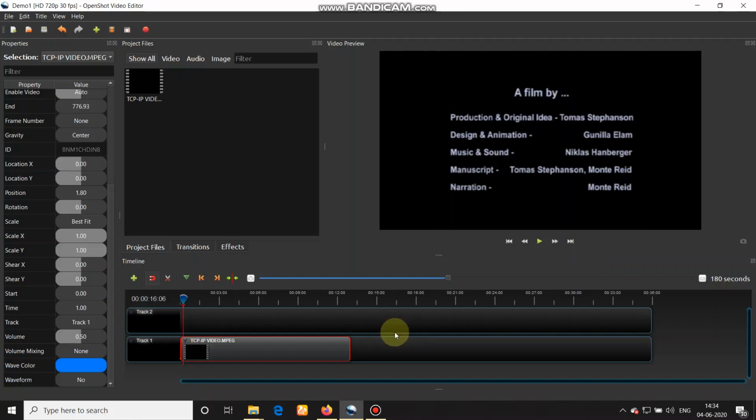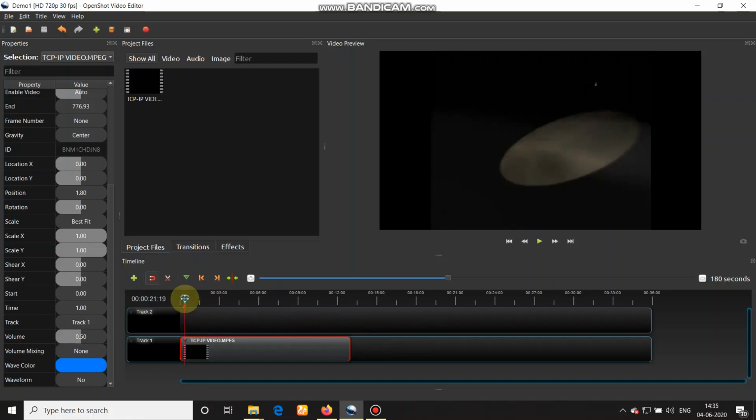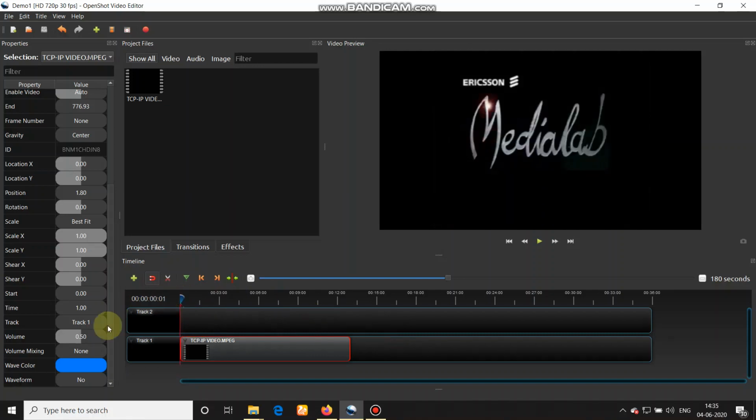Another thing you can do is muting your volume. So you just set the volume as 0 and it is going to mute your whole clip. So we will set the blue slider at 0 and the volume as 0.0. So your clip is muted.